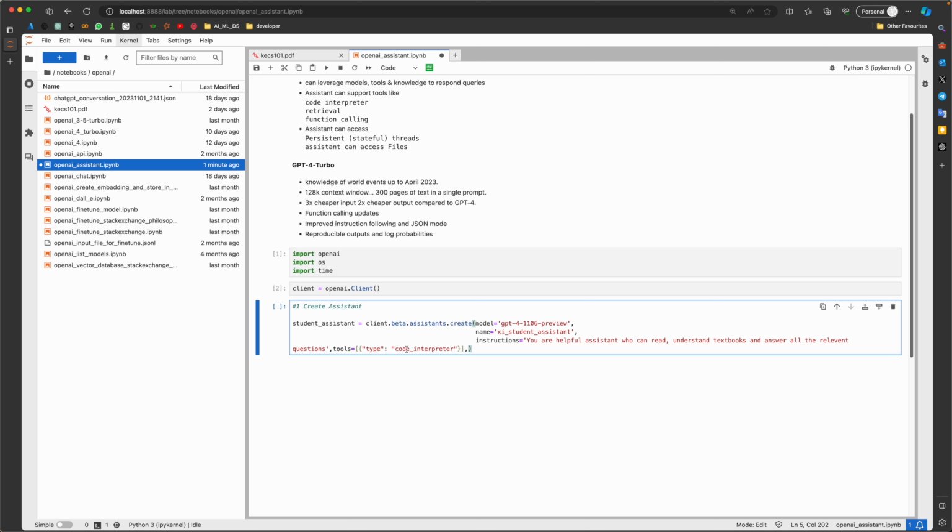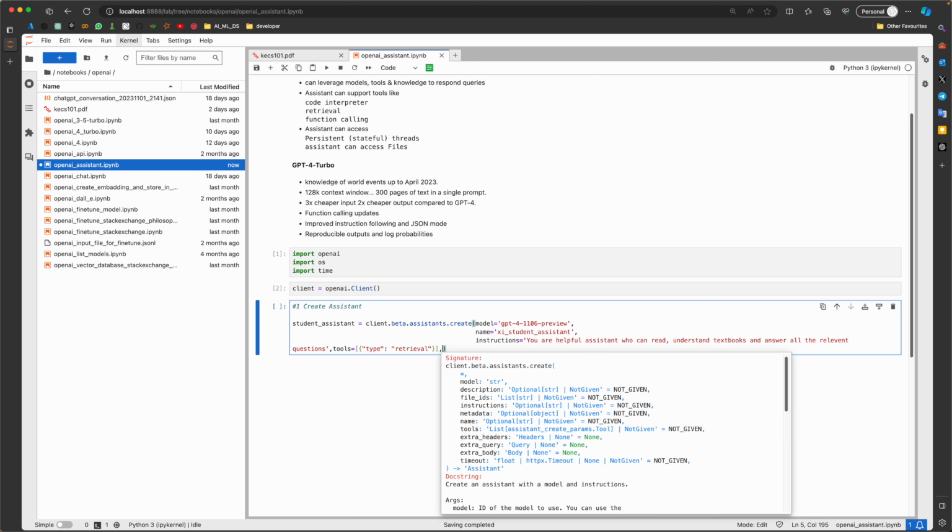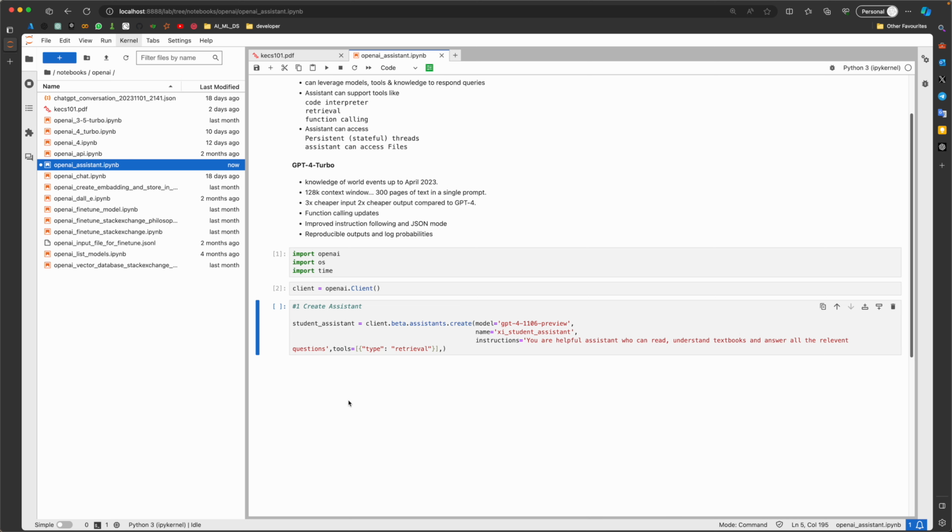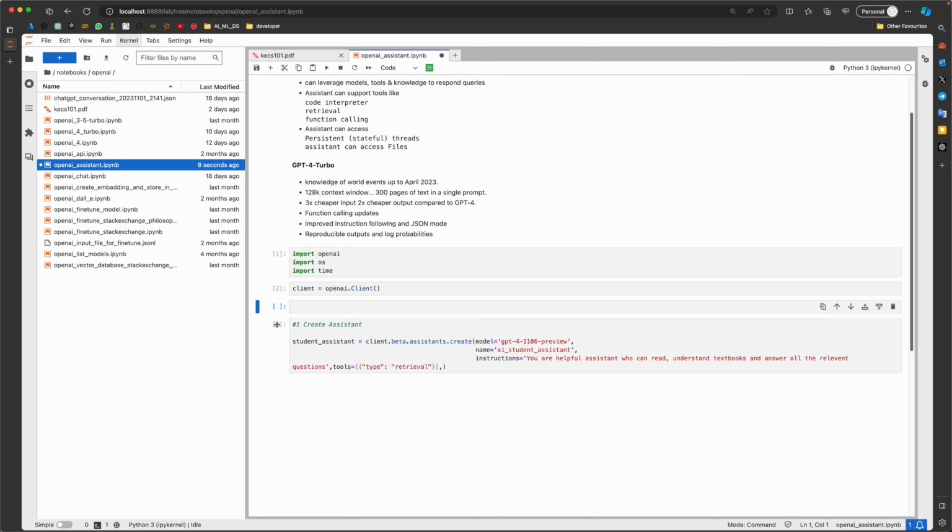Yeah, instead of code interpreter, it's going to be retrieval. Okay, and another important thing is we'll have to give it file IDs. That means we need to have a file uploaded. So what we're going to do is, for 11th class chapter 1, let's call it chapter 001, is equal